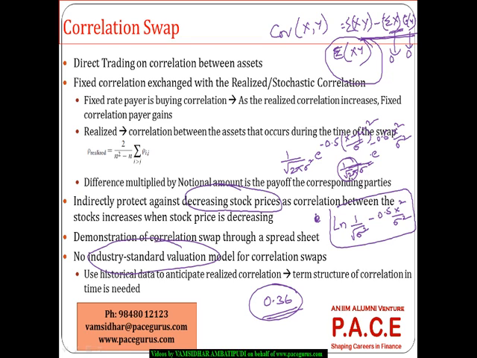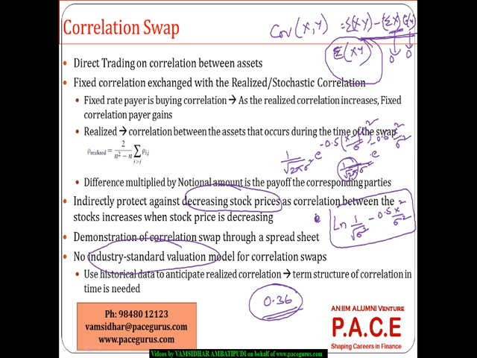What should be the fixed payment, fixed correlation? That is where people are using the historical data, anticipating something, and based on that they are using their own simulation based models and term structure based models,